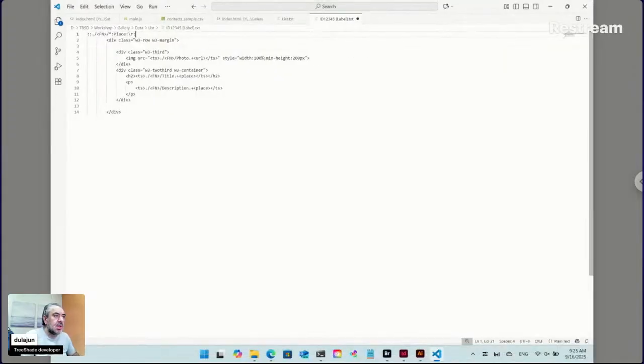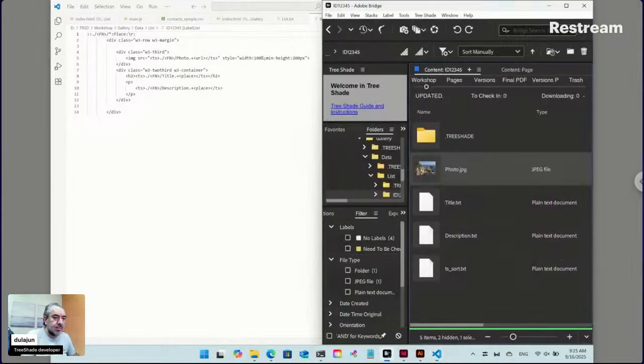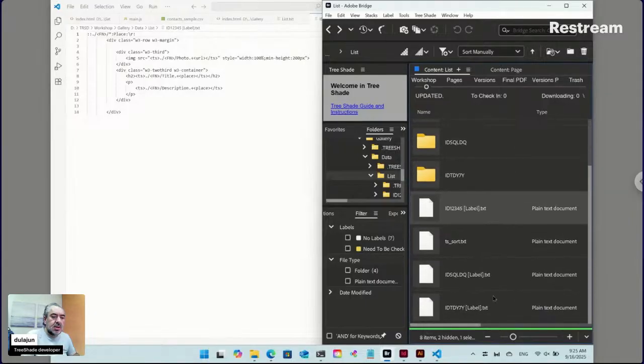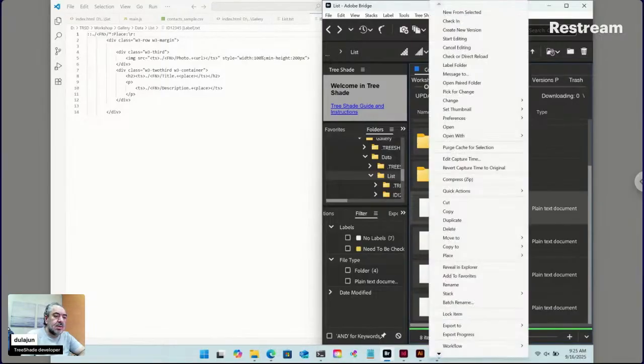Now we want the same for all text files, because we updated this item here, and we want to update these. You can update manually, but there is a command in TreeShade. Right click on the file